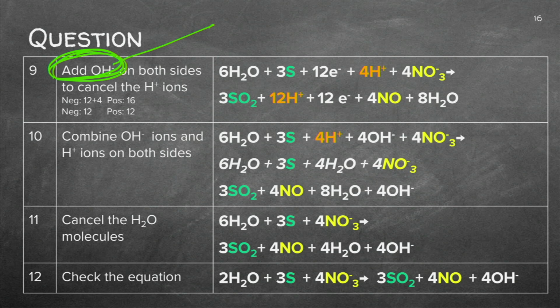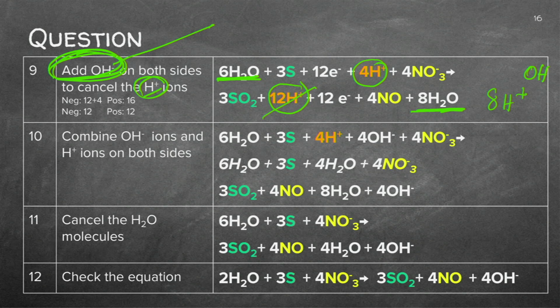Now we add hydroxide, because it's a basic reaction. 6H2O and 8H2O. Can you see we can cancel that? But we are going to add the hydroxide to balance the H pluses. Do you see I've got 4 H pluses there and 12 H pluses there. So what do I have? I actually have 8 H pluses here, which I have to balance. And I'm now going to balance it by adding hydroxide.